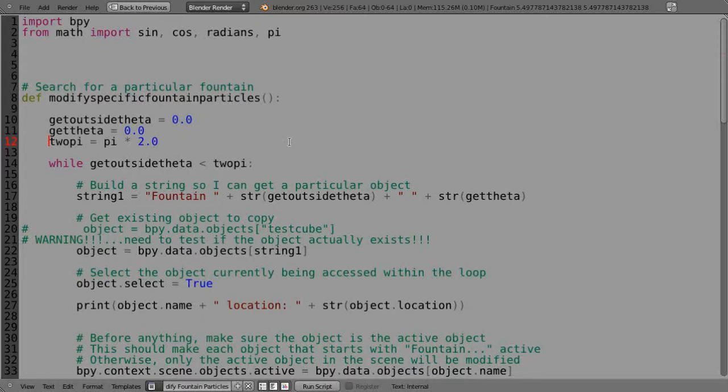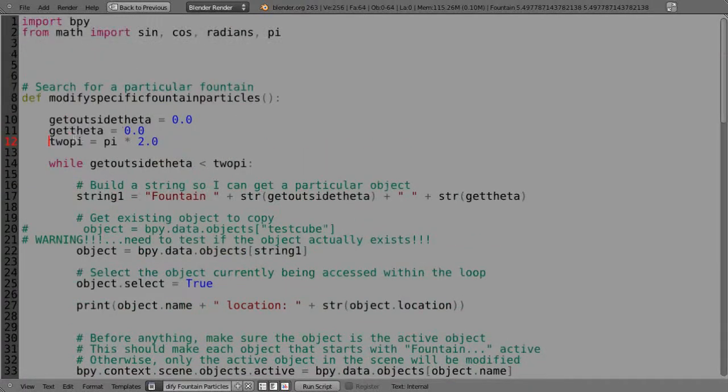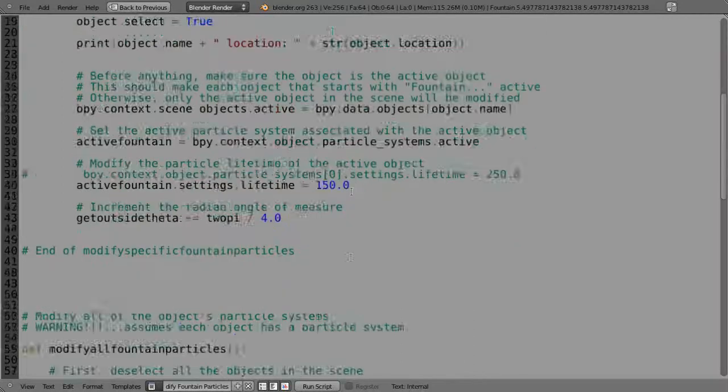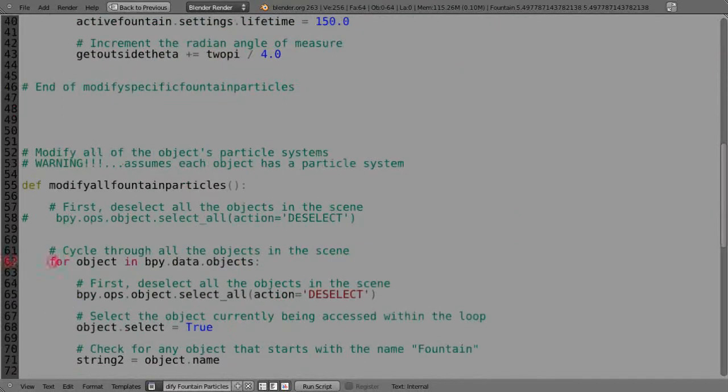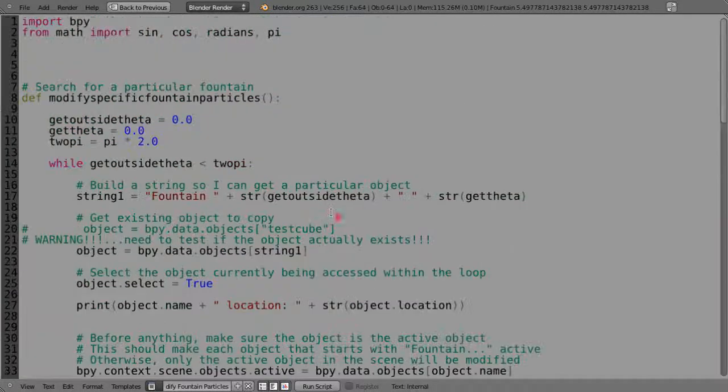And we can put things in lists and dictionaries, and by putting them in a dictionary we're making them essentially accessible between files. But we're not going to do that yet, so that's why I've got it redefined here. But what I'm doing differently in this case for finding specific fountains, down here, we cycle through all the data objects and then look for things that start with fountain like this,